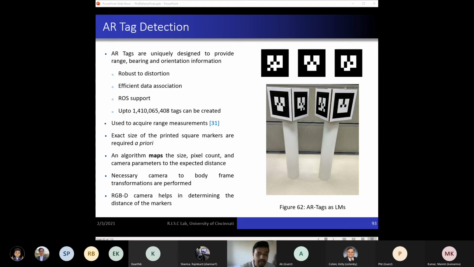It is necessary to provide the size of these tags to the data association file prior to the navigation of the online step. So the tags shown in this picture are 12 x 12 centimeter square tags. The crux of this setup is that using the relative distance and orientation of the slave faces, we map them to the master face. That is, whenever a measurement is obtained from a landmark, it is always with respect to the master face, regardless of whichever face has been observed. So this step further improves the data association, as we are not required to do it every time during the runtime or the online step.